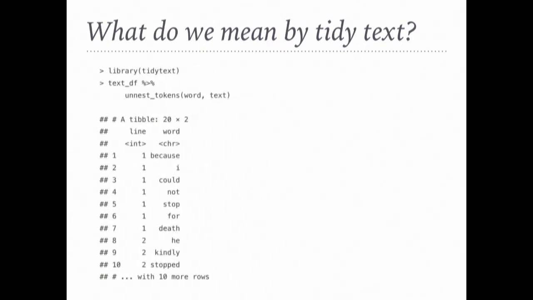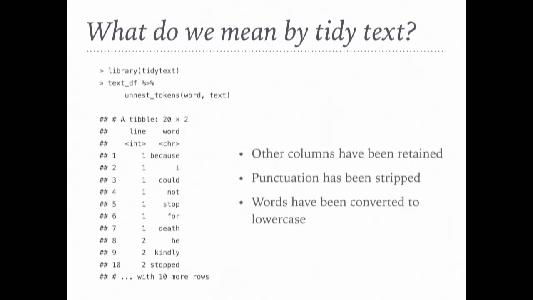Notice a couple things about what happened here. The other columns that we had are still around. Depending on the kind of observational question that you want to answer, you may be annotating the text with many kinds of columns, and those are all still going to be around after unnest_tokens. And we stripped out punctuation and converted words to lowercase, and these are often useful things for moving forward with text analysis. Okay, so that was a little tiny example using a little snippet of Emily Dickinson. Let's go through and do a larger chunk of text so we can show what that looks like.